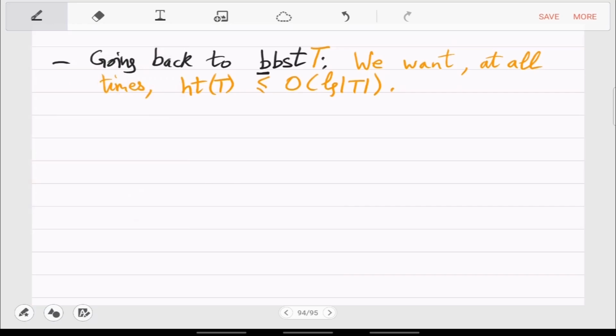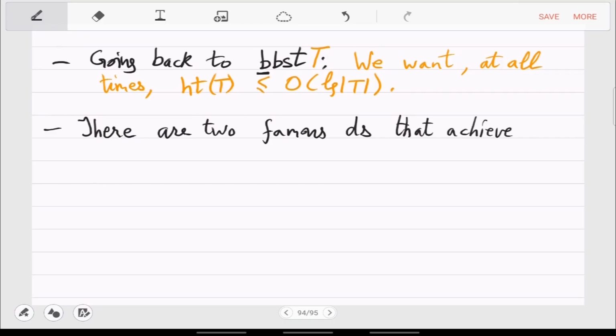Okay, so how do you achieve this? So there are actually many solutions for this since the 1960s. The two most famous ones are named data structures.